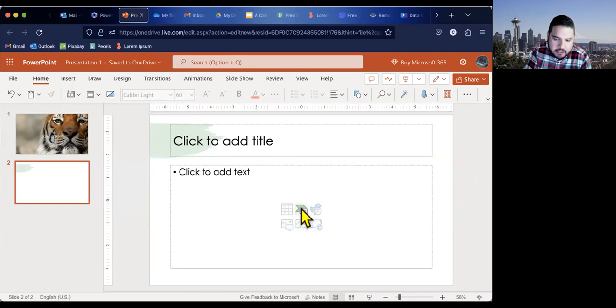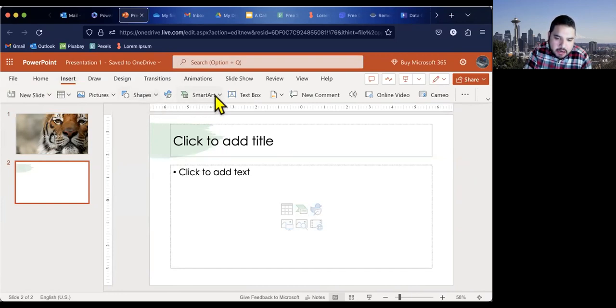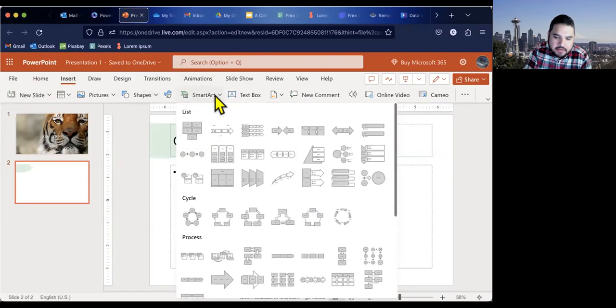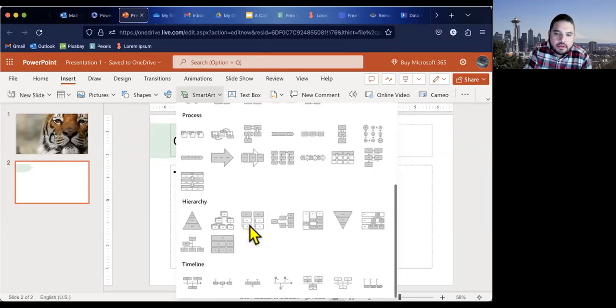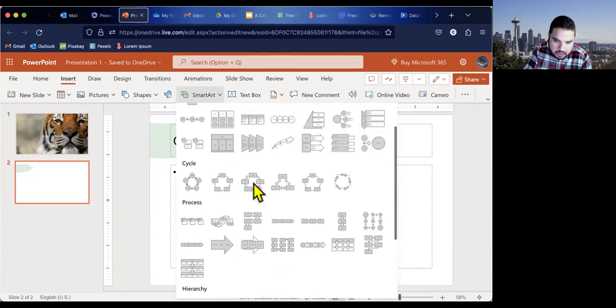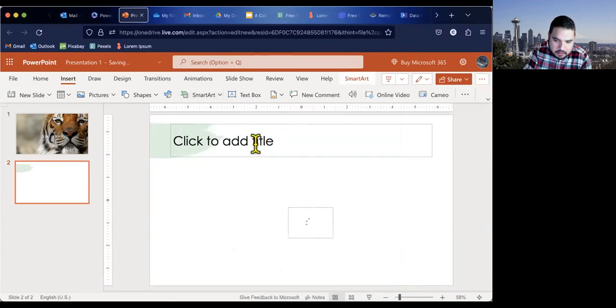And it has this little green icon here. You could also do Insert, Shapes, or you could do SmartArt here. And SmartArt is a really cool alternative instead of using the bullets. And you're going to see things like chevrons, circles that show process, all kinds of different things, hierarchy, timelines. And I'm just going to go ahead and choose this one, this trapezoid one.